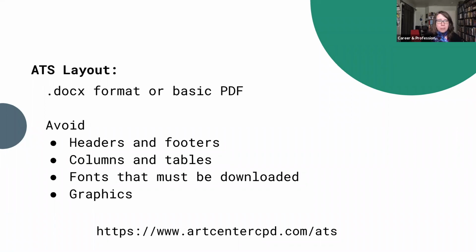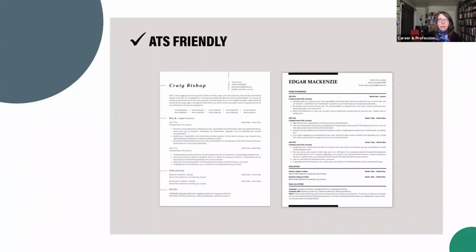So what that looks like is, here are a couple of ATS friendly resume templates. And you can see that even though they are very simple, there are some design elements, especially in the one on the left. And white space is still being used strategically. So this is an example of resumes that are probably going to be read okay by an ATS